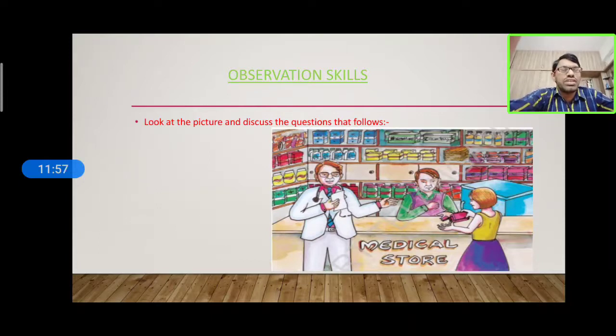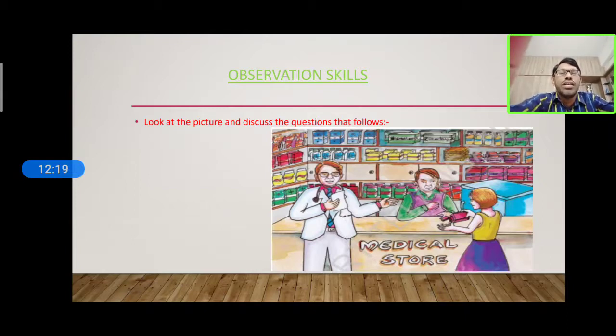Okay, so this is about picture reading. Now we have completely discussed the picture. Generally people won't be happy whenever they are going to the medical store. Some members will be happy, some won't be, depending upon the situation of the disease or fever or any type of injury. So this is an observation skill. Till now we have discussed the picture. Is it right, children? I think you have a clear idea about the picture.